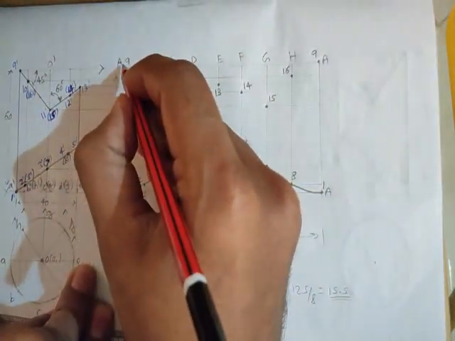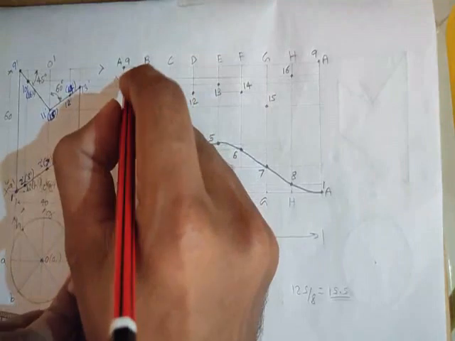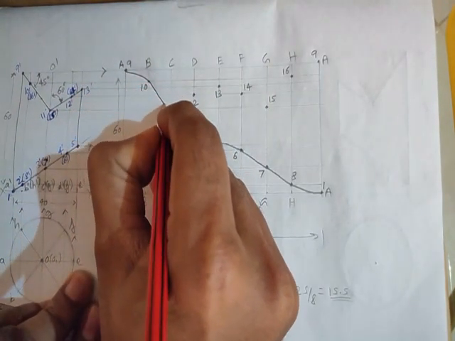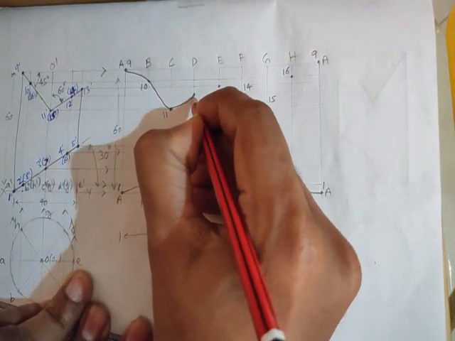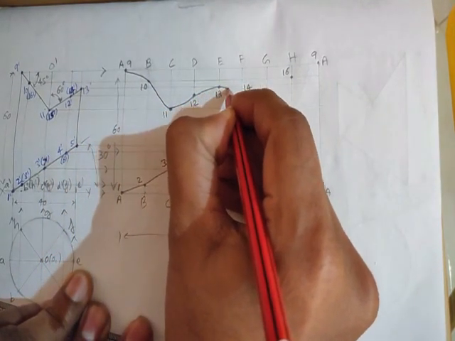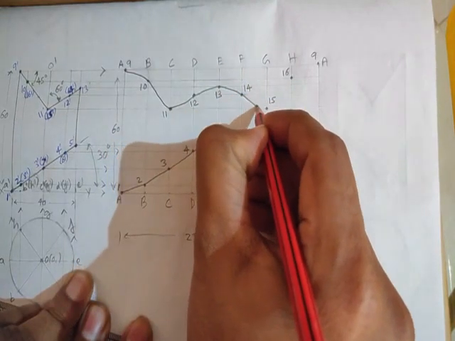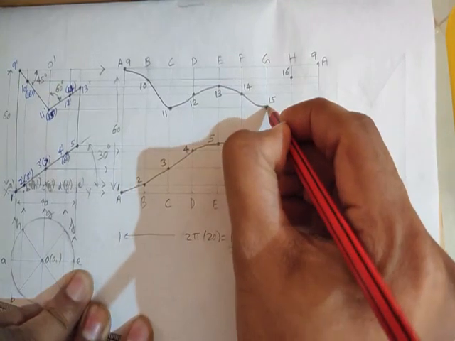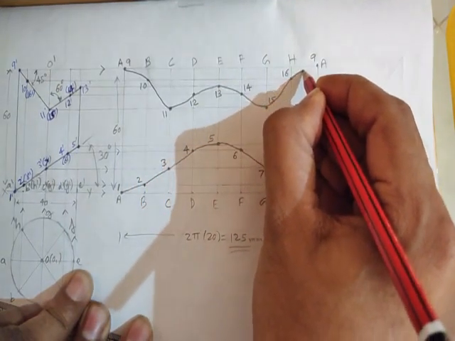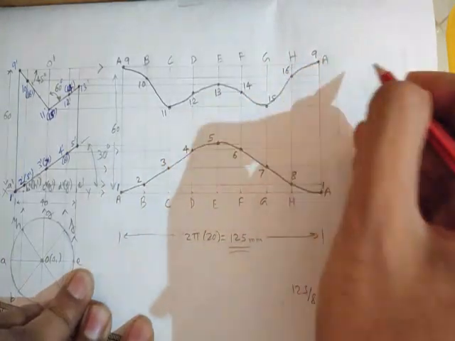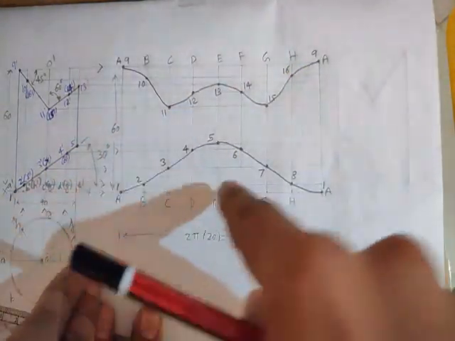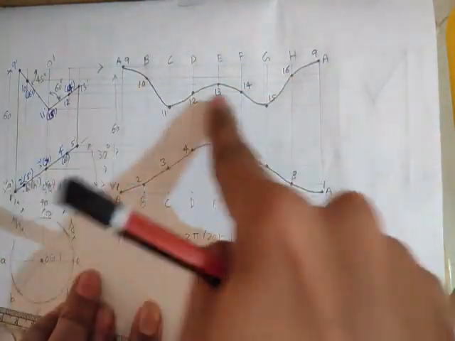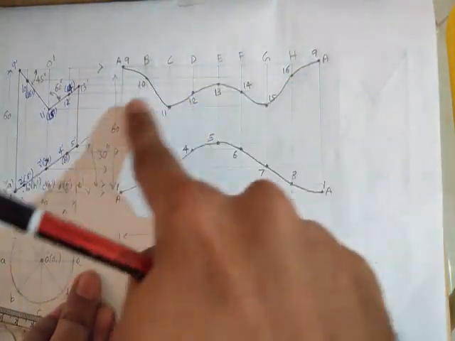Similarly, the curve here from 9 to 10 to 11, like that. So 9 to 10, 10 to 11, 11 to 12, 12 to 13, 13 to 14, 14 to 15, 15 to 16, and 16 to 9. So free flowing curve here. So these two curves, this curve and this curve, represent the cutting plane and where they are cutting.